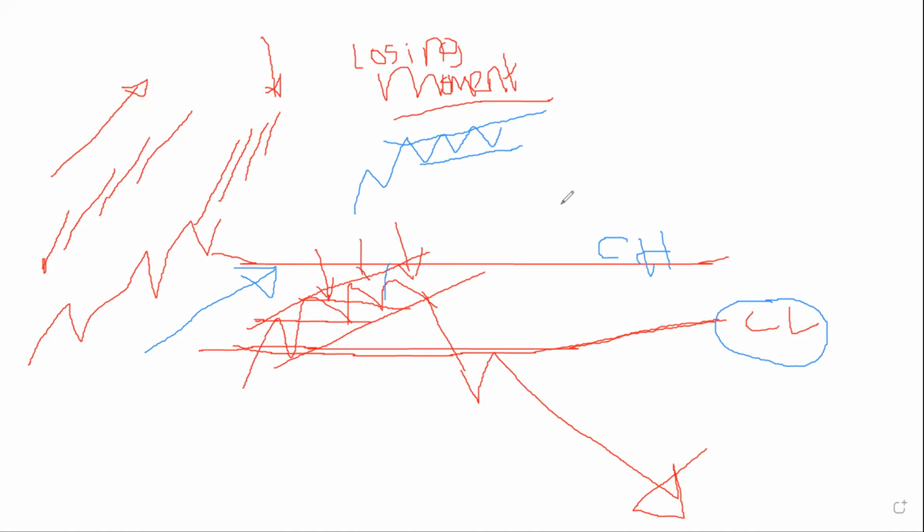See, if it wasn't losing momentum, it would have gone like this. It would have gone straight. But as it was going up and down, it starts losing momentum. So if you look at this, their highs are getting weaker. They're not going higher. Now they're getting weaker and coming back